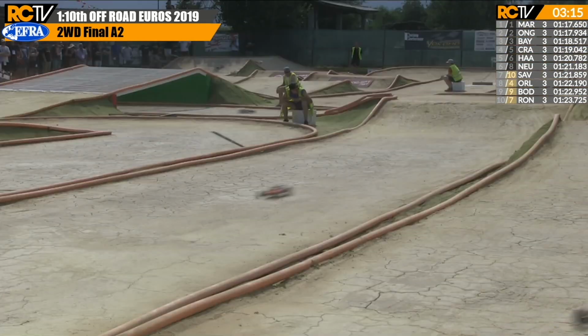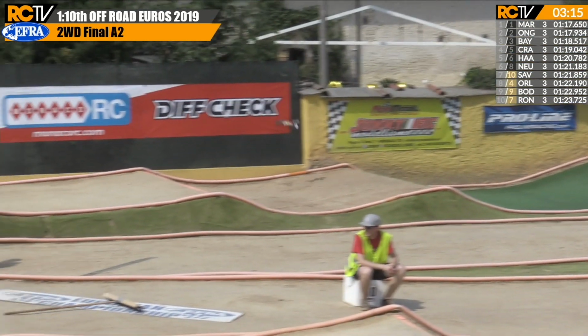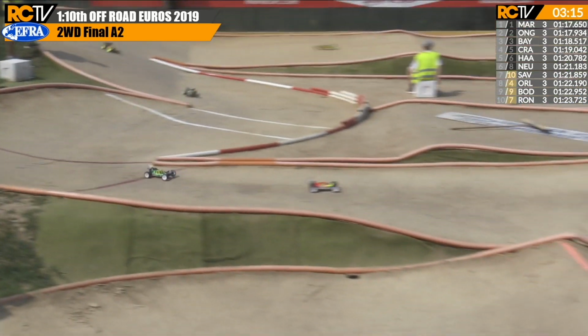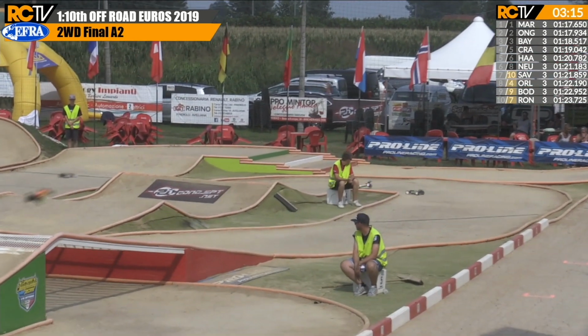But it was indeed Unihotonen making a little mistake. 45 seconds to go now. Ongaro over the EFRA crossover. Bayer in second. Then a battle for third between